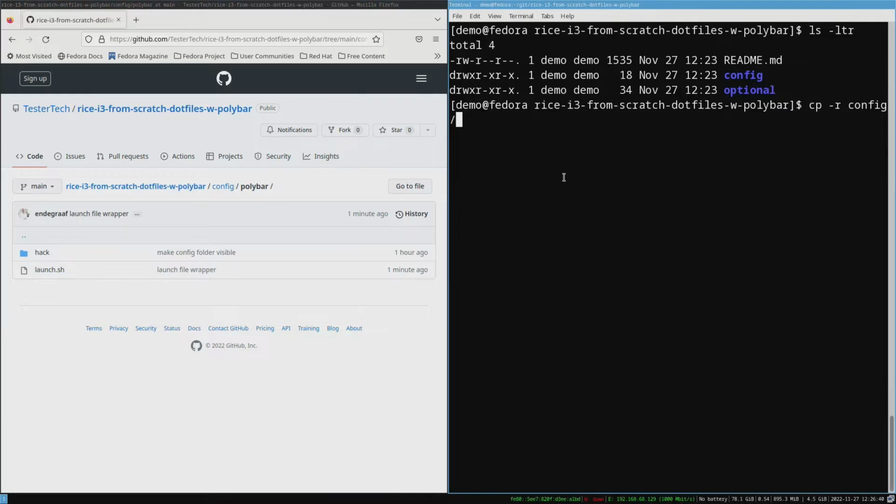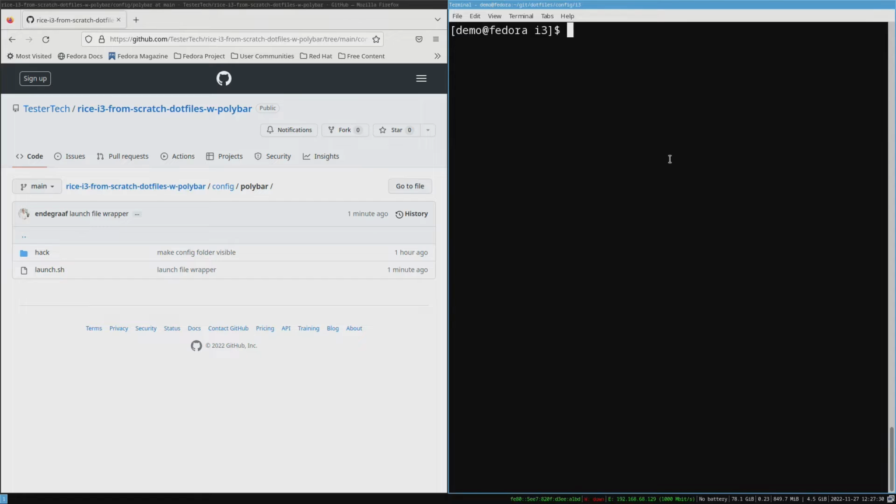Okay. So I'll copy config to git dotfiles. So let's create the symlink, linking the config. Before we do that,